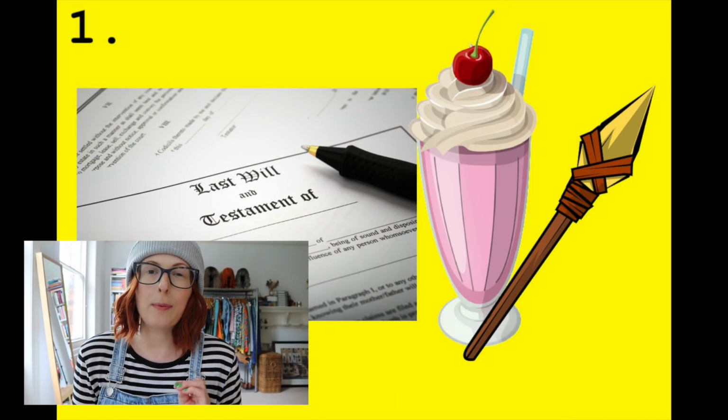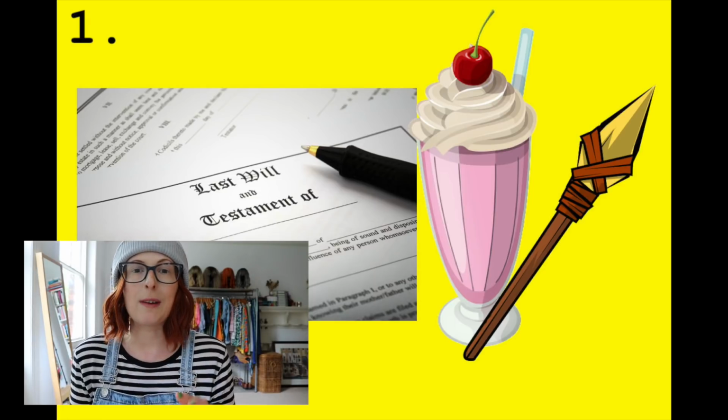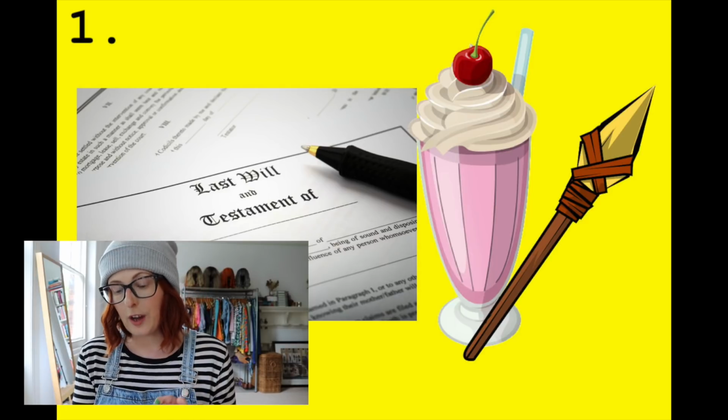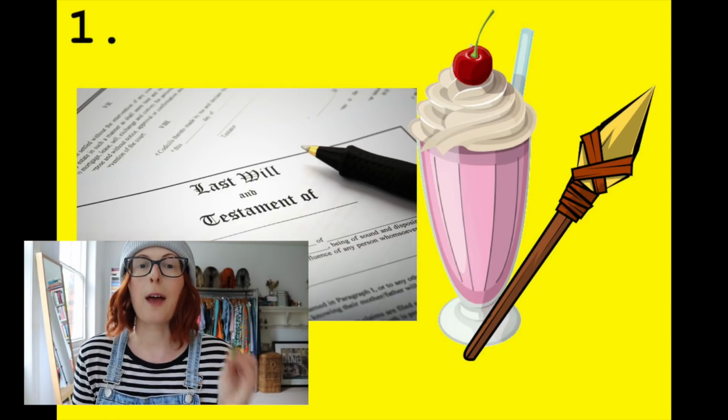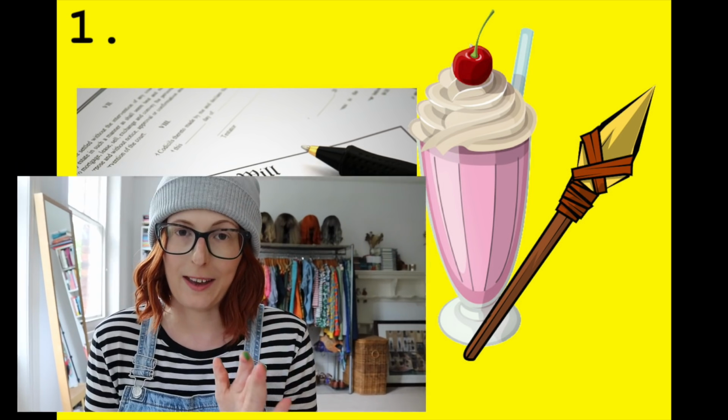How did we do? All right, I have them on my phone here and I'm going to go through the 20 and tell you the answers. Number 1 is probably the easiest one, I think. But as I said, some of them to some people seem easy, some of them seem hard, and there seems to be no rhyme or reason. The first one shows a last will and testament, a milkshake and a spear. So this is William Shakespeare.